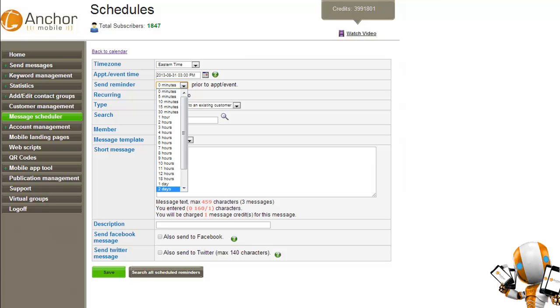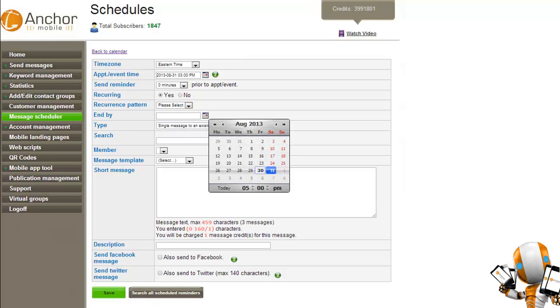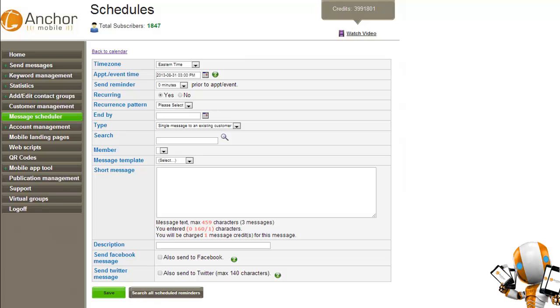You can send a reminder, hours, days, minutes ahead of time. Make it a recurring message and choose a daily, weekly, all the way to yearly pattern for your recurring. And you can even have that campaign end at a certain date and time. The type of message we're sending,